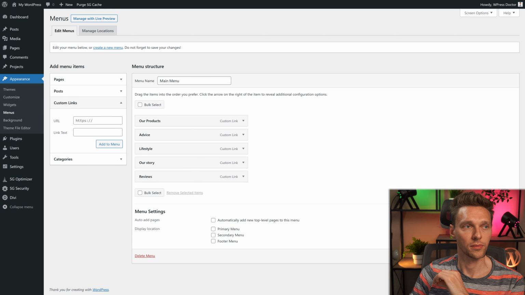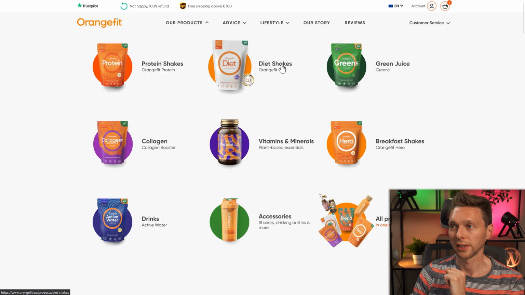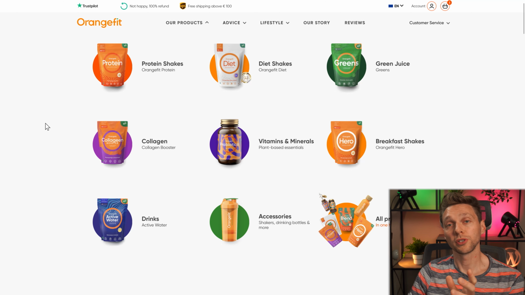But then it gets really interesting because how are we going to create this layout? We can do it the free way using the built-in Divi Mega menu, or we can use a plugin to do this for us. But we're just going to use the Divi Mega menu. The first thing we do is we need to make our products a Mega menu. You go to Screen Options, add CSS class, and then we go to our products, and now we can add a CSS class of mega menu, just like that.